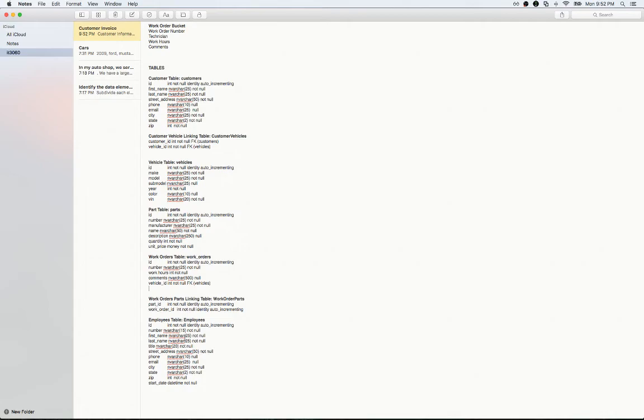And so there's probably another table that we can create from all of this, and that's going to be our actual invoice table. That's going to store all of our relationships between these tables in one single table. So we're going to create another table, the invoices table, and that's going to have obviously an ID. Int not null, fk to parts, int not null, fk work